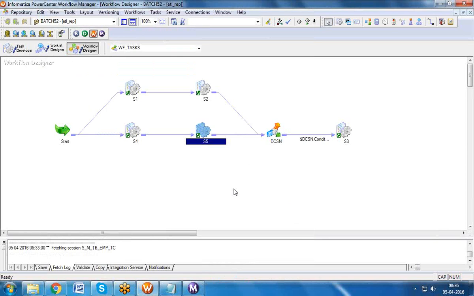That will tell you, see, there is a difference. You have some option in the session and you have some other option in the workflow. Now what happened, guys? This will succeed, this will succeed, this will succeed, but this will fail. When this fails, this decision task returns condition false. So false, this will not trigger.